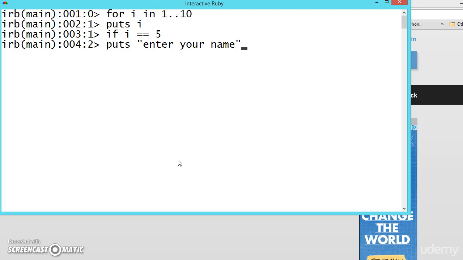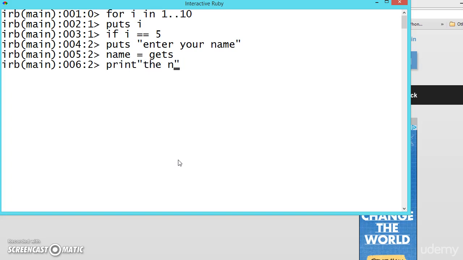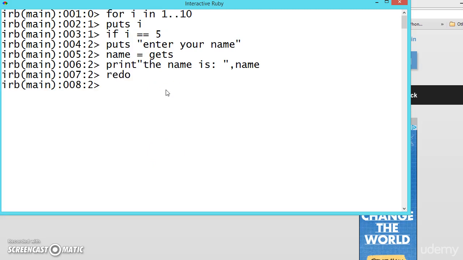Suppose we are entering the database, it should be in an infinity loop. So we will get name equal to gets, and we are printing the name is, from name. So this will be done only once. So if you redo, it will be infinity, end.